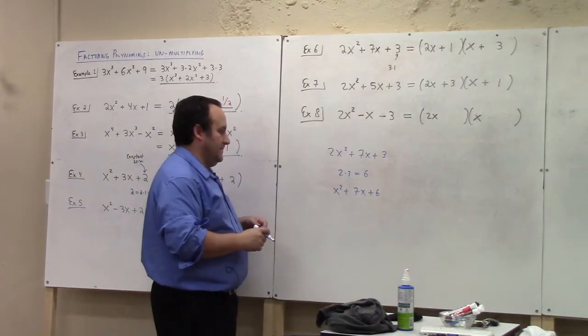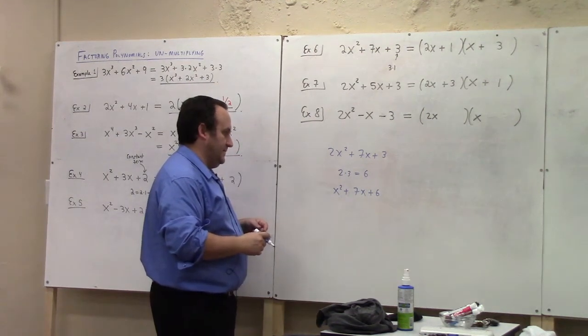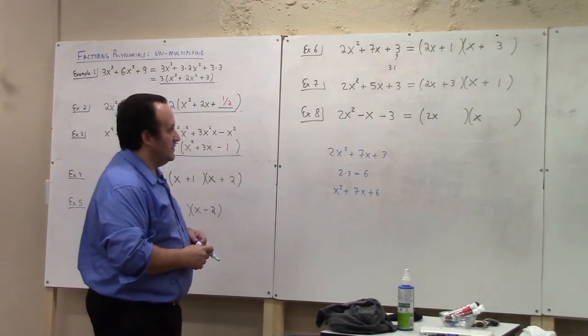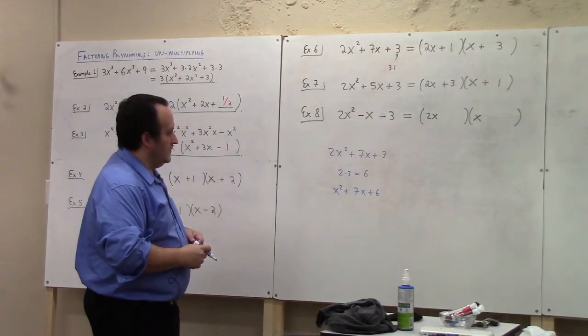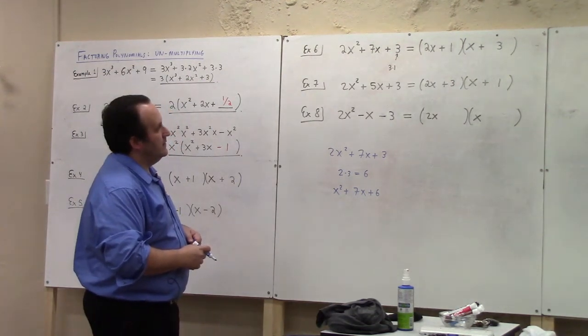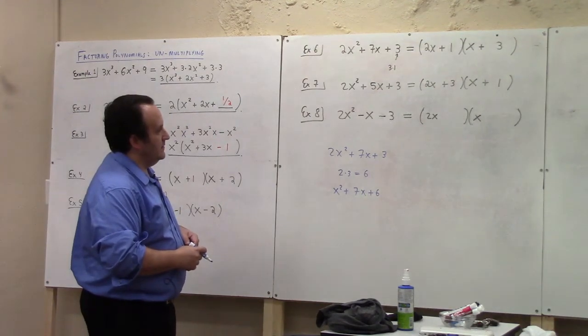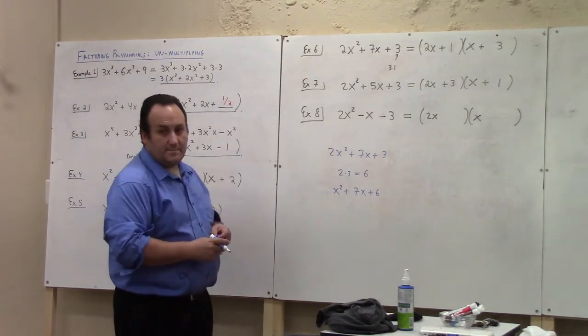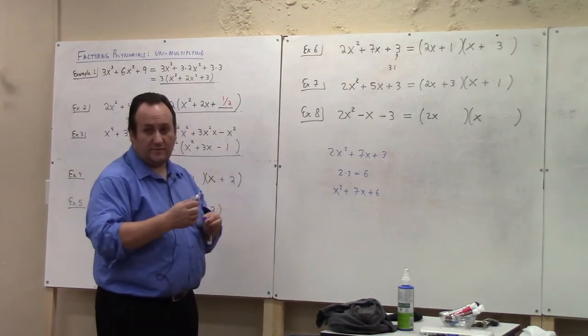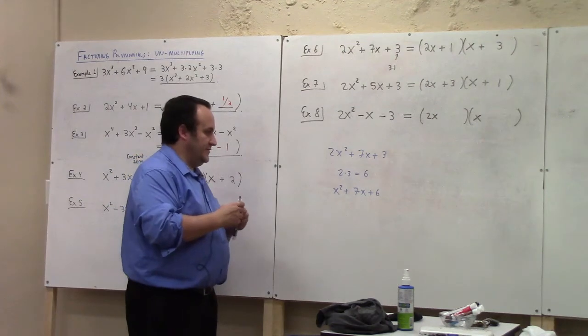Then you figure out whatever would add up to give you the middle term, like you did on the example 1, 2, 3. Whatever would add up to give me my middle term. So that would be like, I don't know. I can do it better than I can explain it. I mean, I can come over and write it. I don't mind if you want to. Yeah, I can do it. Let me,